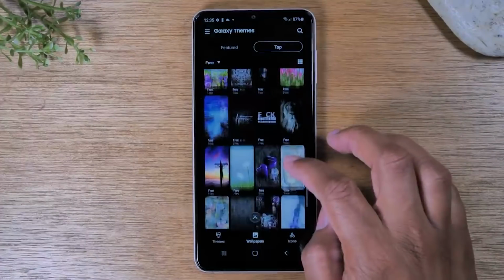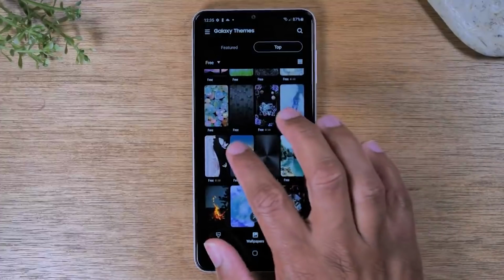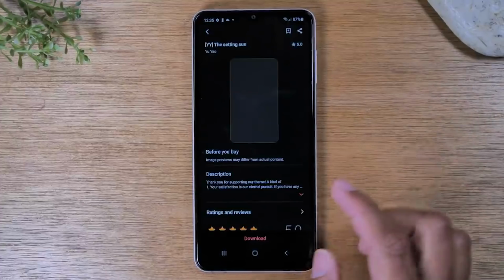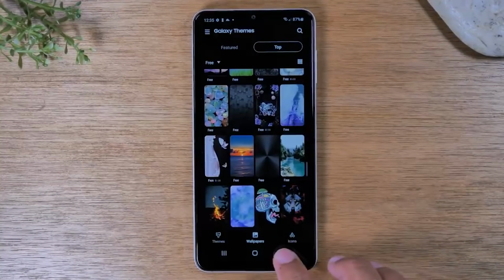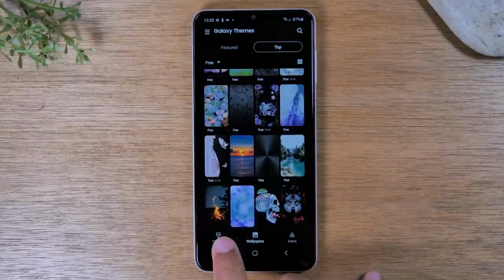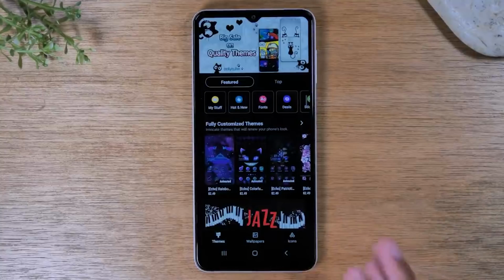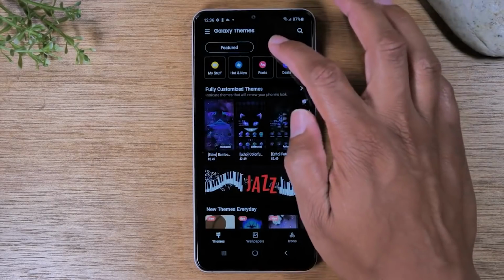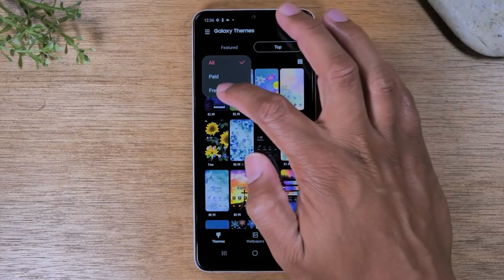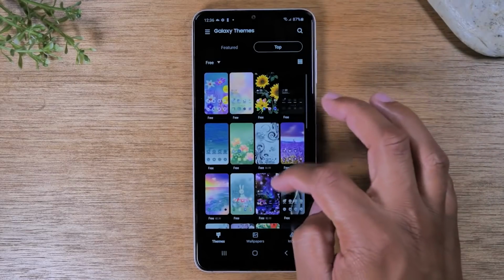So you may find one that you like, and in that case, you just tap on it and then you tap download, and then it would save it as your wallpaper. So that is one way to customize the phone. Now, if you want to get more elaborate, go to themes, and themes is going to change more than just your background. So for example, if I go to top, all, go to free, and I find a theme in